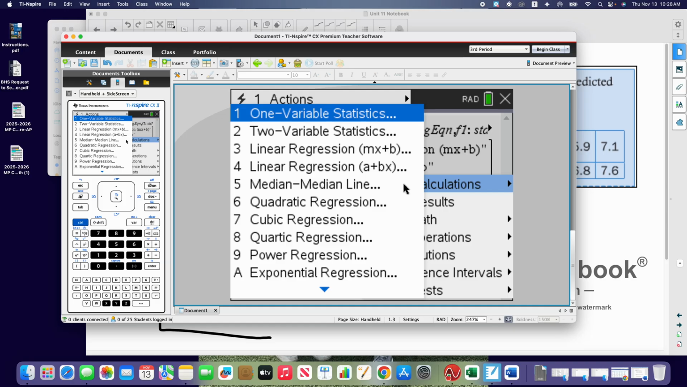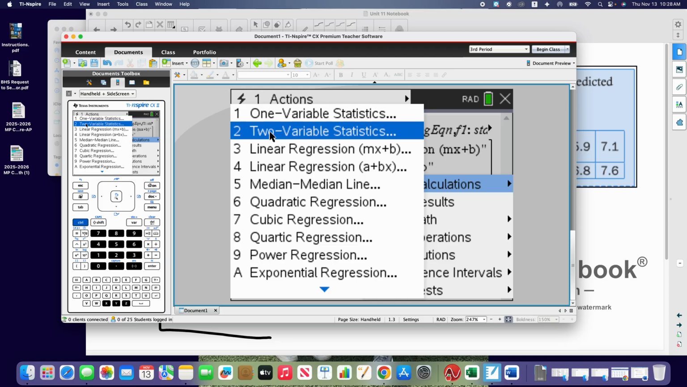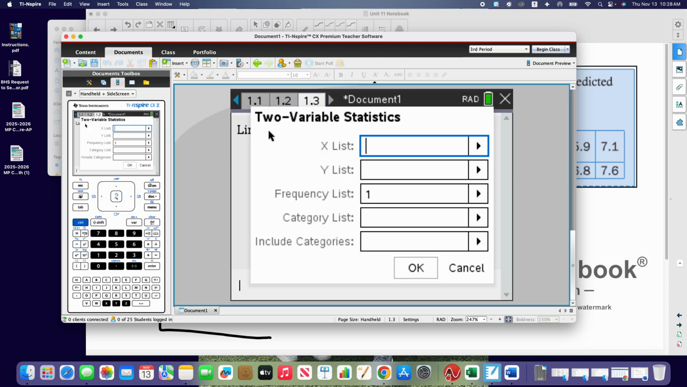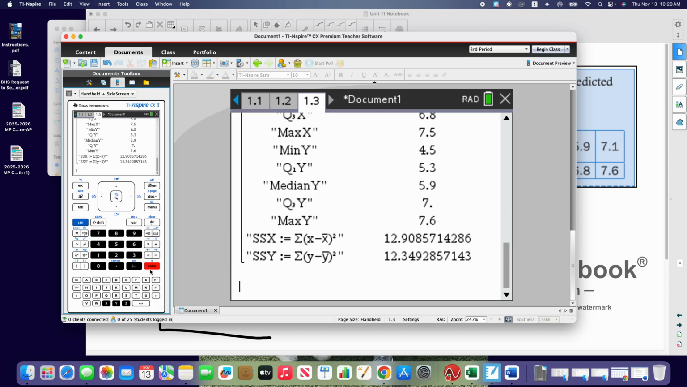We've done the one variable statistic before. Well, we're not dealing with one variable statistics right now, we're dealing with two variables. So I'm going to click the two variable one. My X list is X, my Y list is Y, okay? And my frequency, leave that alone as 1. Now, when I hit enter, it gives me a list or a table like I've seen before in a previous